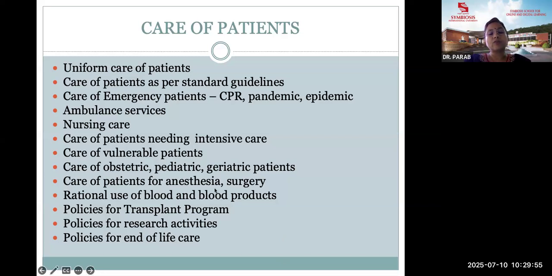So care of patients for anesthesia and surgery. So this standard basically refers to the OT and everything that happens within. So right from the infrastructure of the OT, the environmental surveillance, the quality assurance program for the OT, right? It involves how patients are to be cared for pre-surgery, pre-anesthesia, intra-surgery, intra-anesthesia, post-surgery, post-anesthesia. So all of these are different